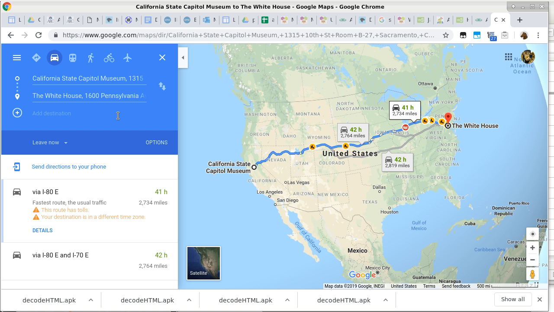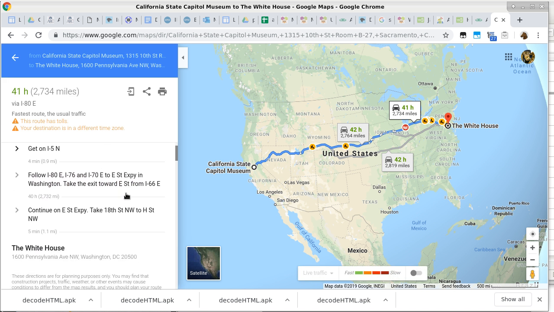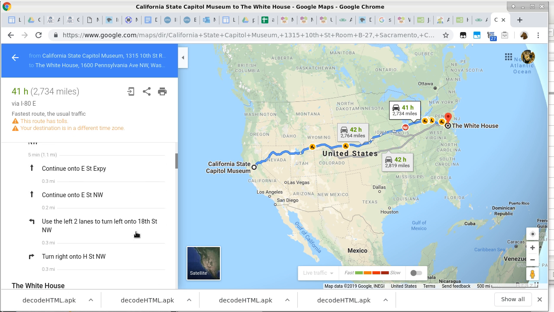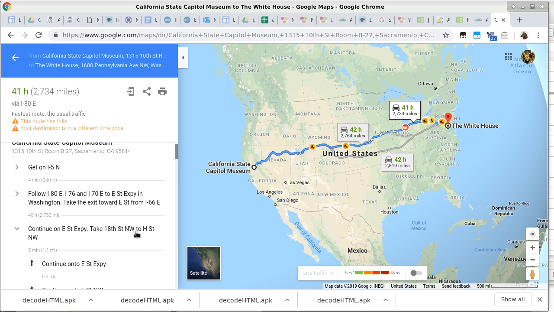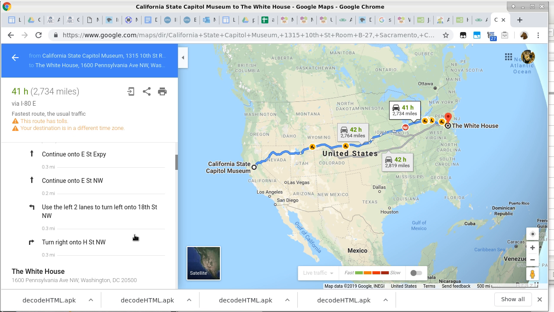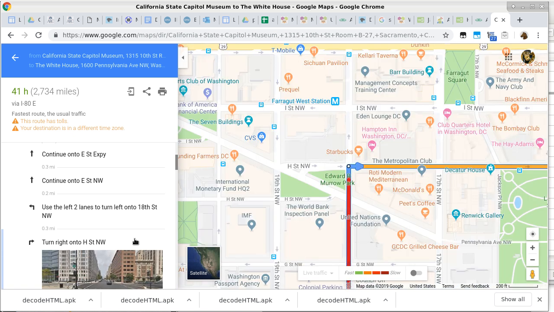But the point is, if you think about this, let's look at the details, right? It's not like it just loosely knows which highway to take. It knows exactly how to get there, right? So if we look at now, where do I find that? I think we click on this, and then we click on the... So it knows how to get to... I think this part is on the other side, right? This is the direction in DC. Yep. So it knows exactly how to get there,